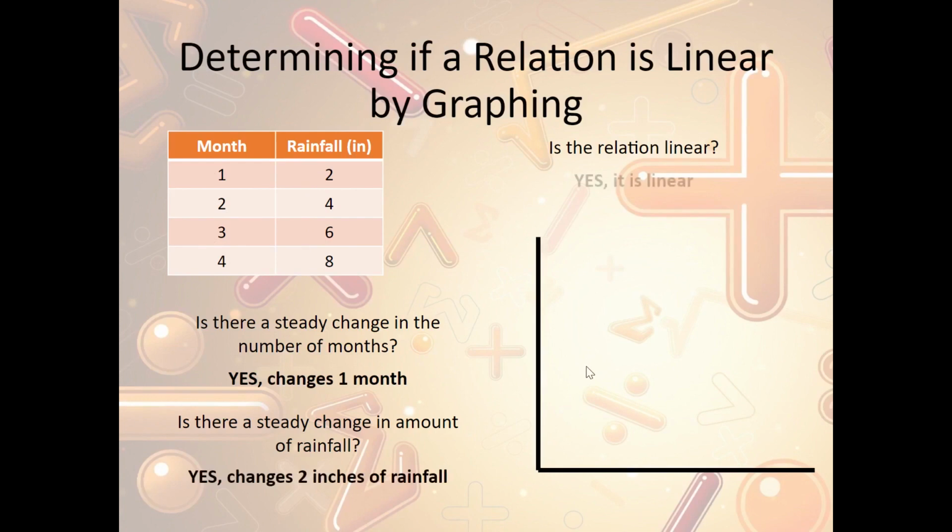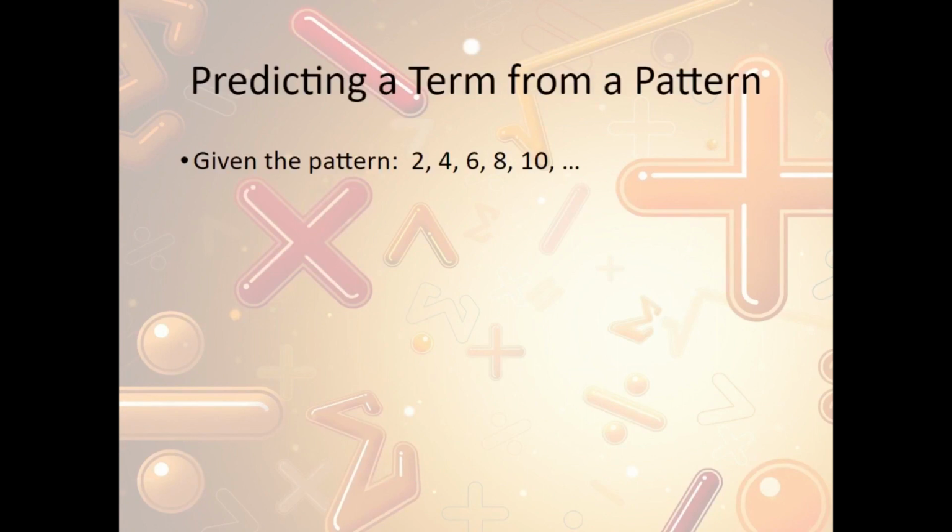Therefore, if we were to plot these points, it would look like this, and therefore we can see it does form a straight line, and yes, it is linear because we have a consistent change of addition and a consistent change of addition. So predicting a pattern, so if we're given the pattern of 2, 4, 6, 8, 10,